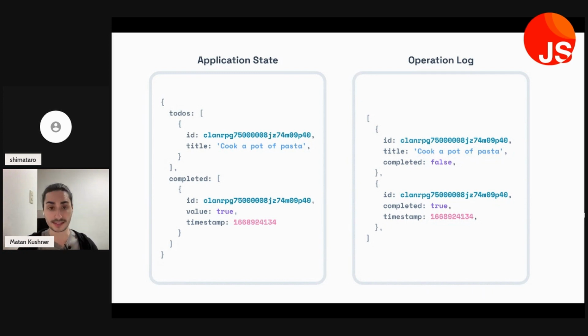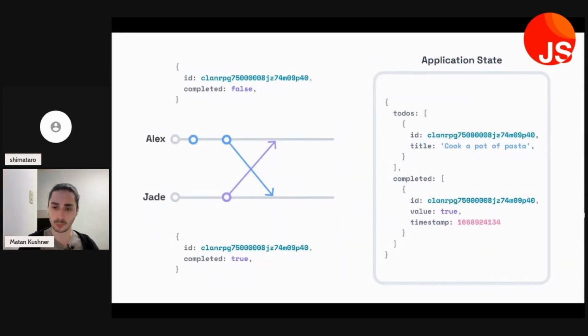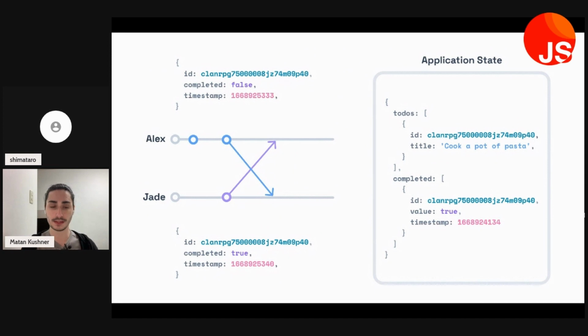So let's look at an example here. We've got Alex and Jade with their old operations. Let's add some timestamps. And you can see immediately Jade's timestamp is just a few seconds ahead. It's a few seconds newer, right? So in that case, we can go ahead and see that it's going to update the state for both of them in the same way. Alex, who's going to have the older operation, is going to receive Jade's newer operation and is going to override it. Jade, on the other hand, is going to receive Alex's old timestamp operation and is going to ignore it, dismiss it because it is an old operation. And in that way, both are working on the same assumptions now. Both are working with the same merged state.